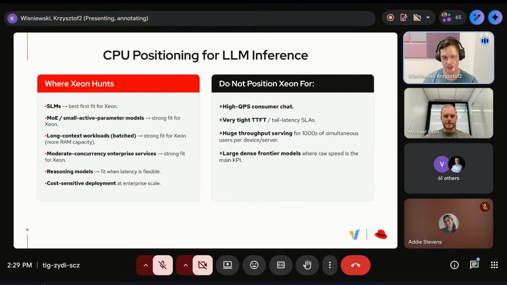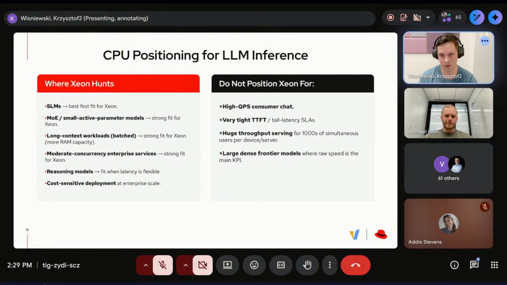In the moderate concurrency servers, it is also fine. We are also supporting reasoning models where latency is flexible. And since when you are running a GPU or an accelerator, you still need a CPU, it is much more cost effective to run it on CPU.